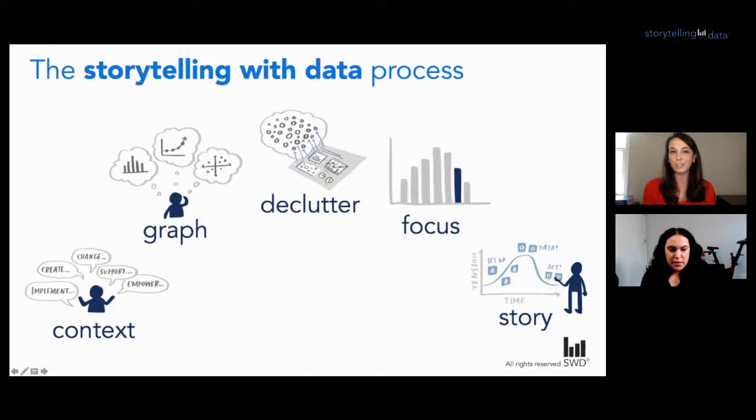It's also how we choose to focus our audience's attention and how we combine graphs with other context into an overarching story. So these are just some of the considerations we want to be thoughtful of when we are more effective at communicating with data. I'm not going to go into these in great detail today, but we have a ton of resources we can share both in the chat window and in the description and the comments down below if you want to learn more about specific things.